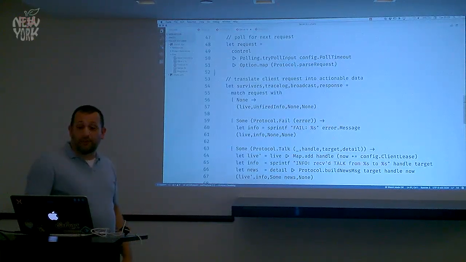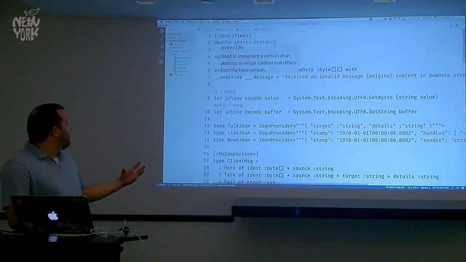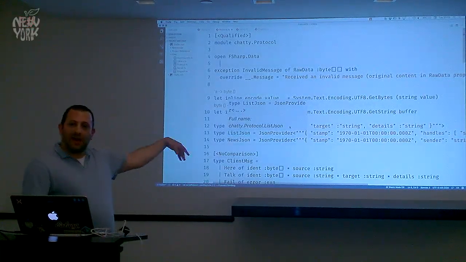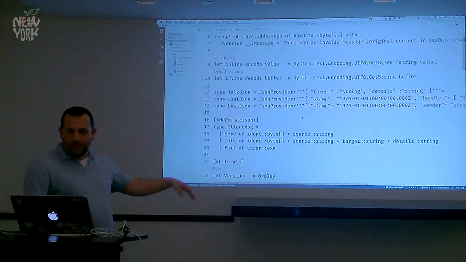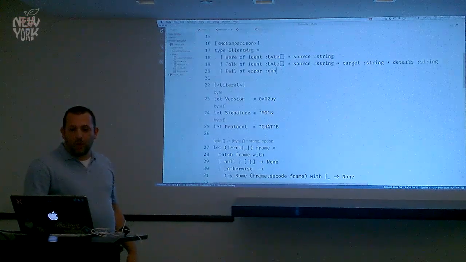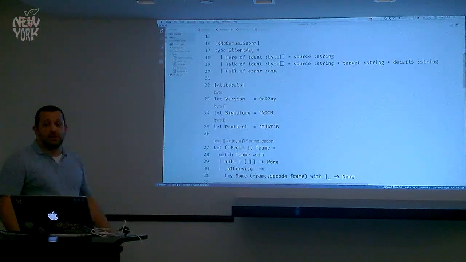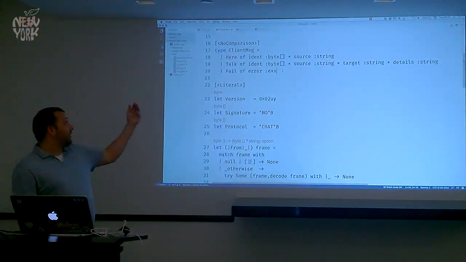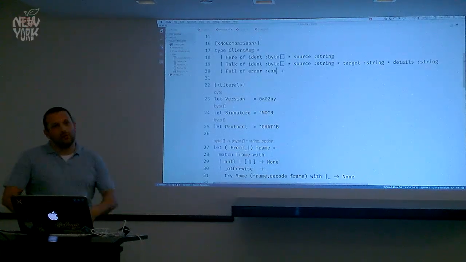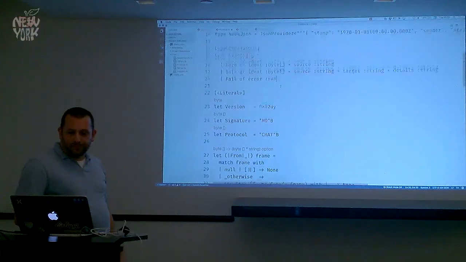In fact, you guys want to look at that function now? That's fun. Let's do that. So basically, protocol.fs is all these little helpers that implement the protocol that I had on those slides before with that pseudo EBNF. And we'll get into all the details in a minute, but the important point is we parse a raw byte array into an instance of this union, because a request from the client is either going to be a valid here request, it's going to be a valid talk request, or something's going to have gone wrong, and so we return an error.